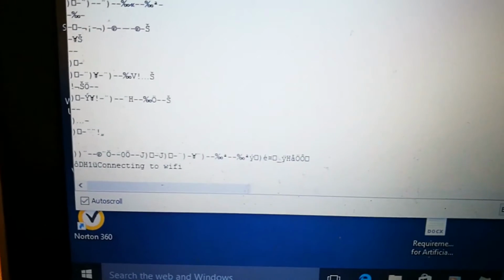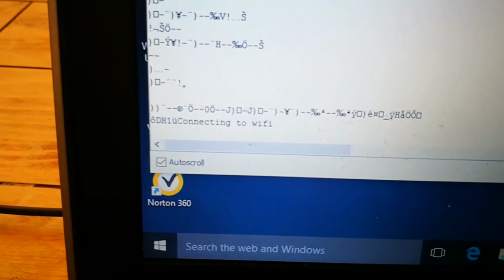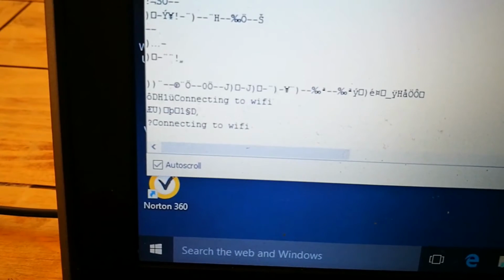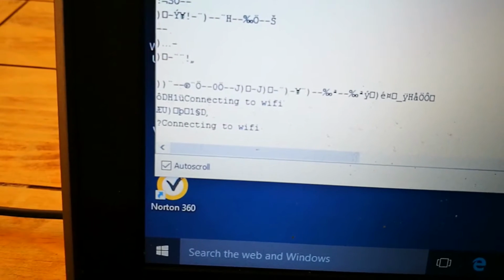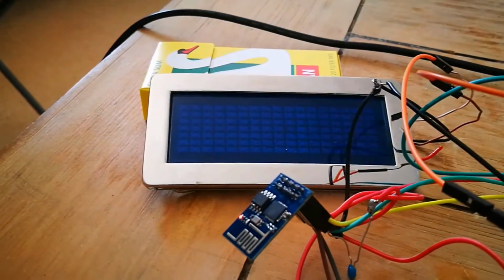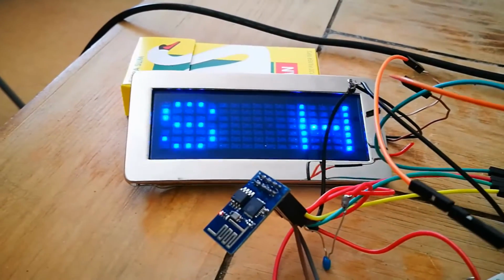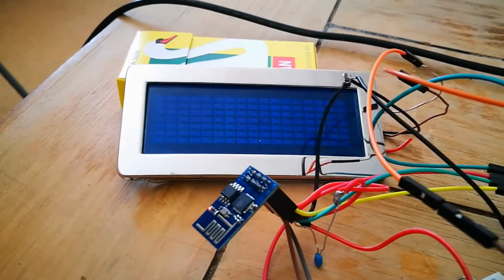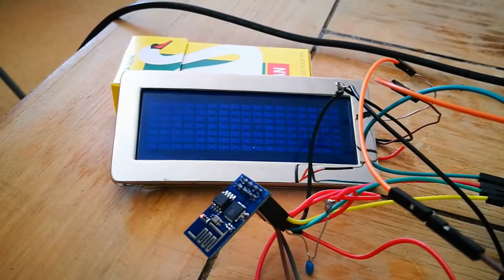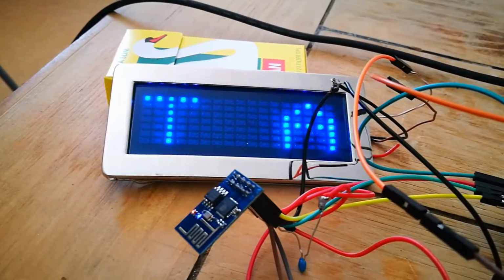Sometimes you do get it not booting correctly. Power supply problems, as I say. Generally you can ignore this as long as it doesn't get stuck in a loop. There we go, it's gone into program mode, and now it's going to start programming in the letters, or the message that I've pre-programmed in the Arduino program that I sent to the ESP. It does take a little while to do that,